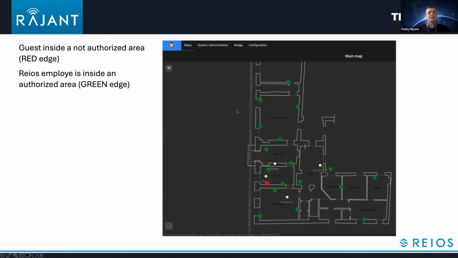In this screenshot, you can see that there is a badge icon with the green edge, and there is also a badge icon with the red edge. That means that, let's say it's just an example, this guest is inside a part of our office that is the back office, and we define that